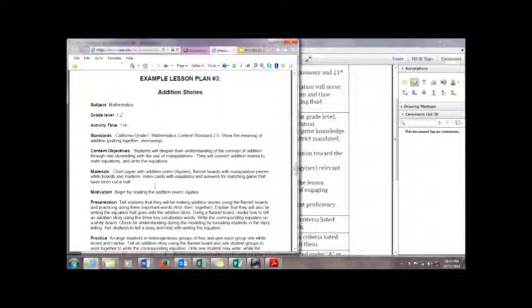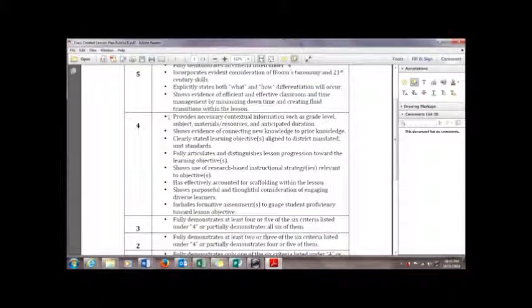So they're going to need chart paper with a poem, flannel boards with manipulatives, whiteboards, and index cards. So as far as whether or not they provide the necessary information, I do rate that as a yes. So we're going to highlight that. So moving on to the next criteria, we're going to look at whether or not it shows evidence of